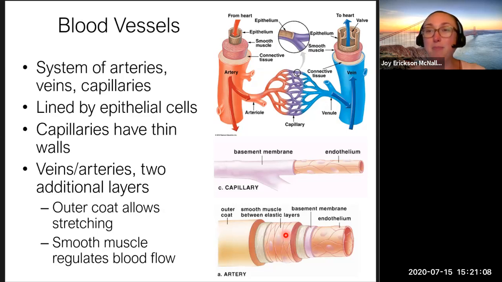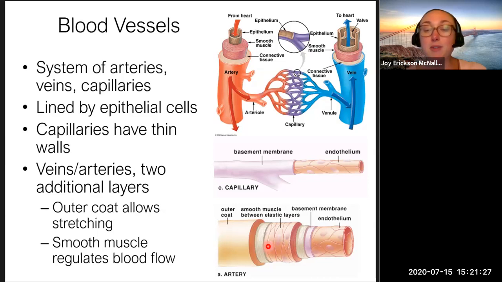So think about it for pumping stuff, right? And you might be aware you do have a pulse, right? And we'll talk about pulse on the next slide, but you need to be able to sort of expand and contract the veins and arteries as your blood pumps. And that's what allows for the expanding and contracting of your veins and arteries.